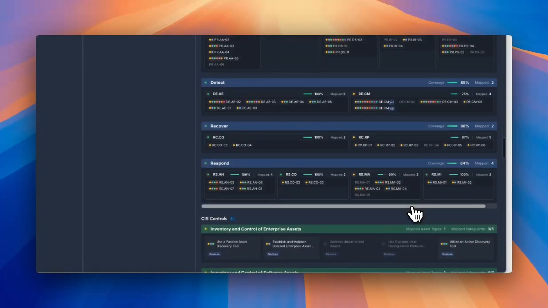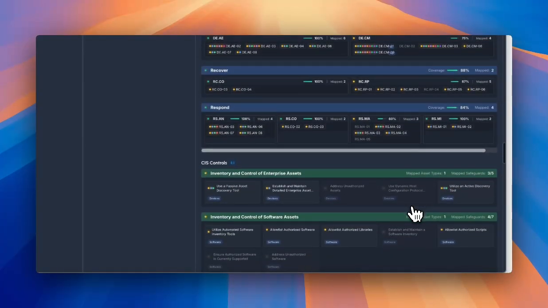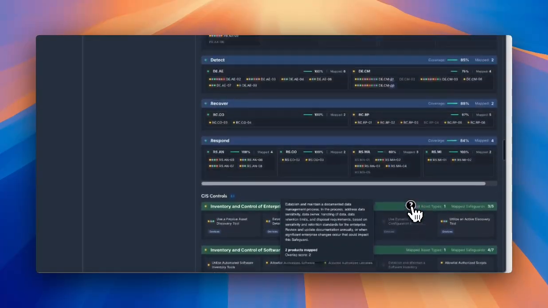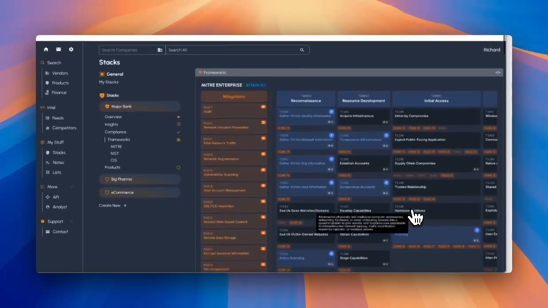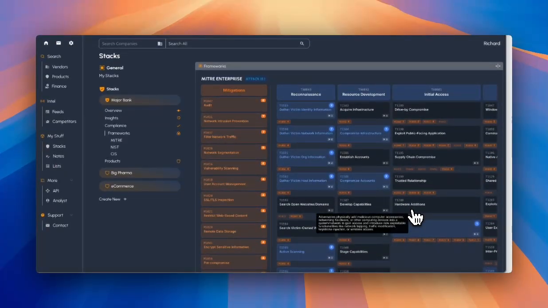So I think that gives you a great feeling for the types of things you can do with our new security stack analysis tool, and I invite you to go to